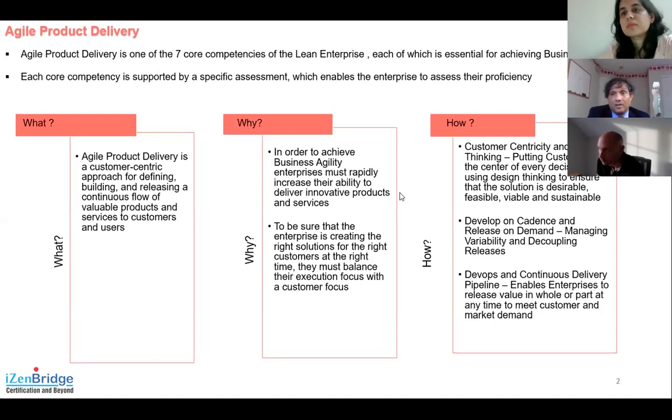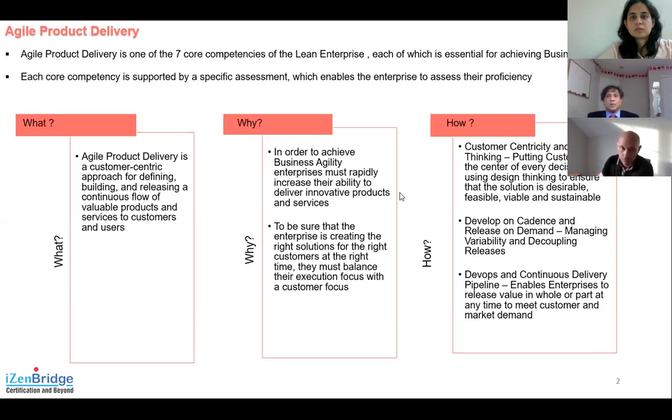Now, how do you do that, right? That's the next question. There are 3 dimensions that we take into consideration for doing that. One is the customer centricity and design thinking. So what's customer centricity and design thinking, right? The idea behind the customer centricity is you put your customer at the center of every design, right? That every decision that you and customers are collaboratively making, right? And you are using this idea of design thinking, you're applying design thinking to create solutions that are desirable, feasible,